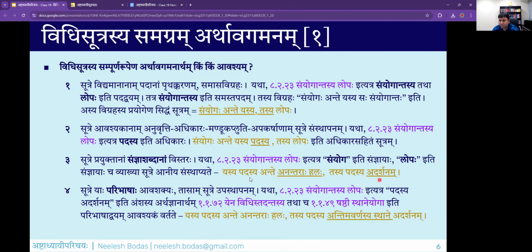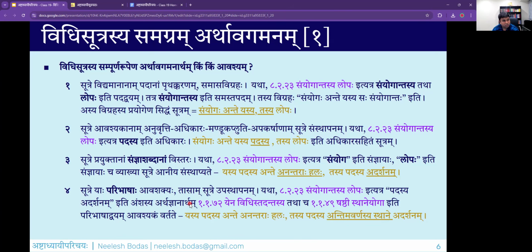Adarshanam. So there is this Padasya Adarshanam Bhavati. Padasya Adarshanam Ityukte Kasya Adarshanam. So that is a question that needs to be expanded, that needs to be elaborated upon. So padasya adarshanam asya samyak rupena arthajnanartham, we have to bring in two different paribhashas from 1.1.